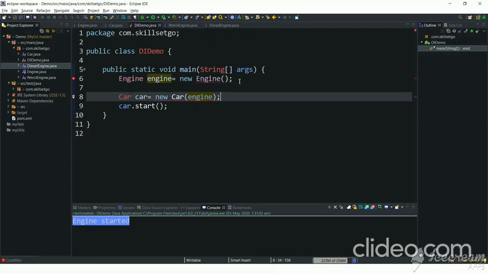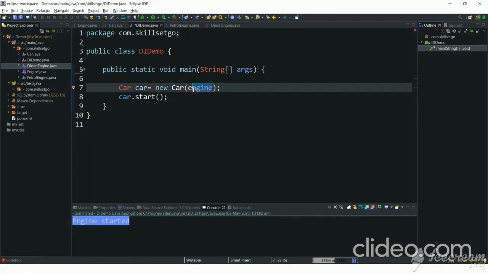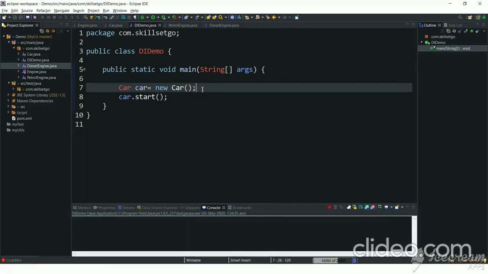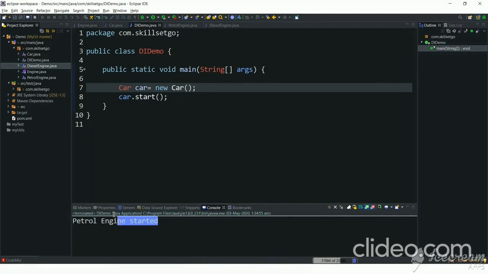And here we will follow the old way without dependency injection. If you execute this program, we will see petrol engine started. So what is the problem in this way is, suppose now we have created a car which is having a